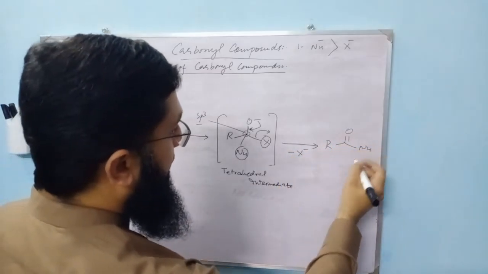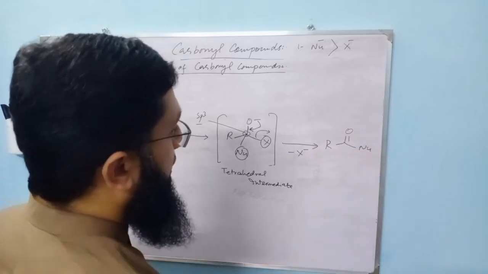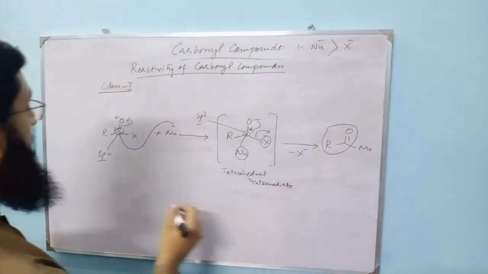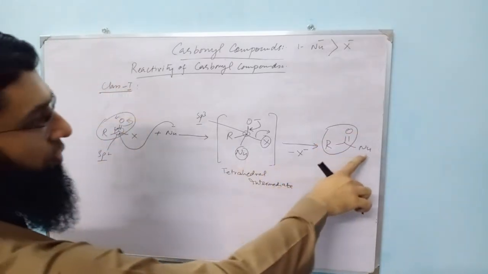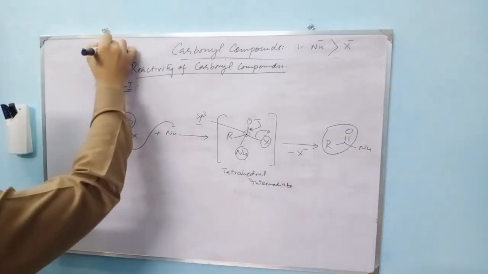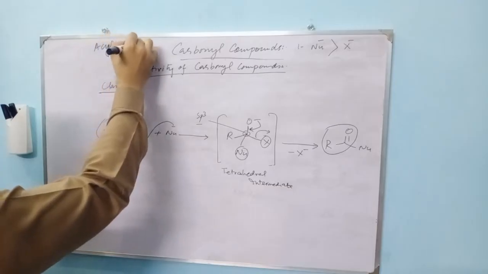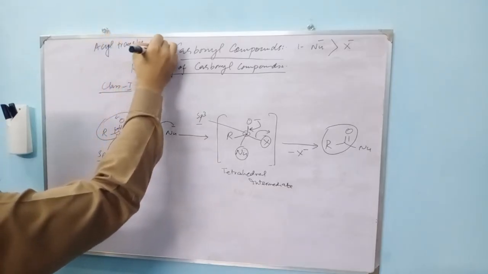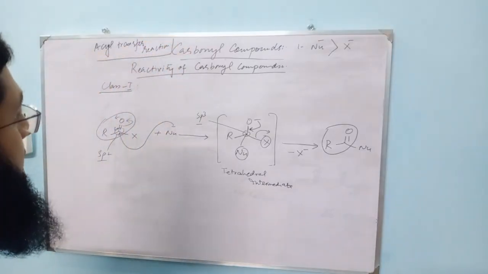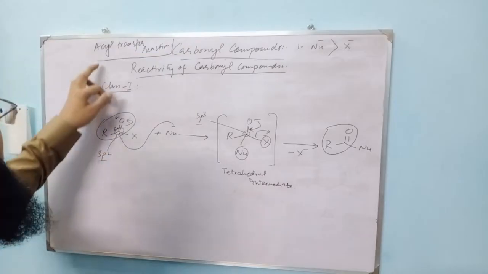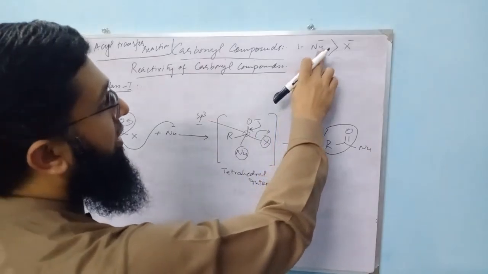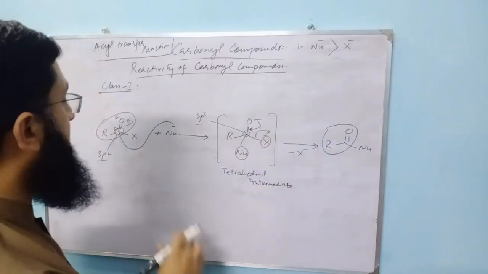And we would get this product. And we can see here the acyl group has been transferred from X to the nucleophile. So generally these reactions are also called acyl transfer reactions. So nucleophilic substitution of class 1 carbonyls are also called acyl transfer reactions. So this was one possibility, when the incoming nucleophile is more basic than the existing group.